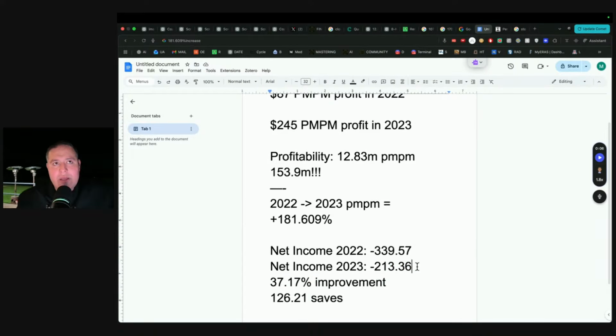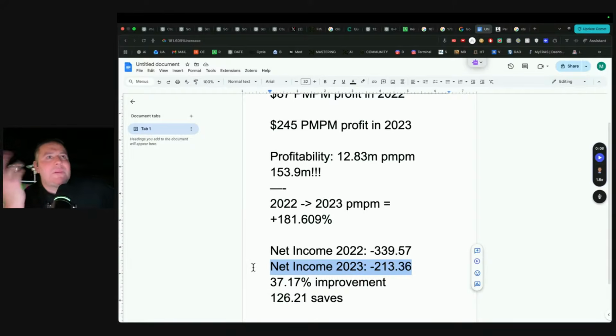And then what do they lose last year? 43 million. So they improved by another 150 million dollars. And then maybe this year they might lose negative 70, negative 80 million, but it's still another $100 million improvement. So what that means is most likely, if they didn't grow, then their per member per month would probably be, I don't know, maybe 300, 350.